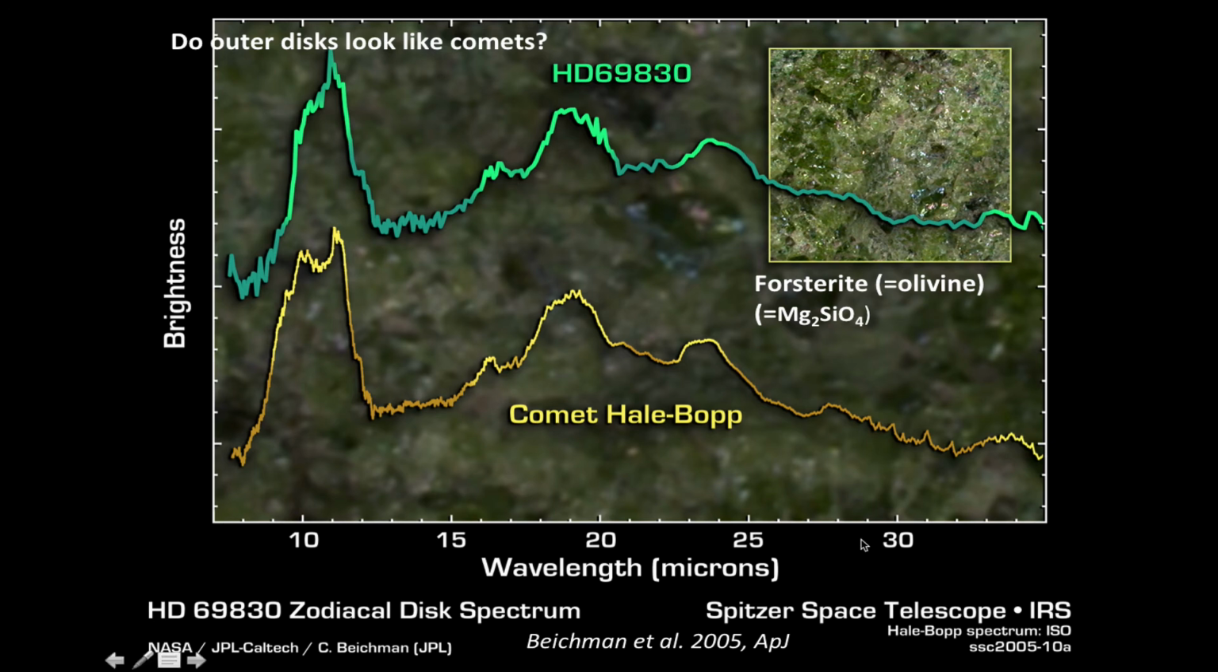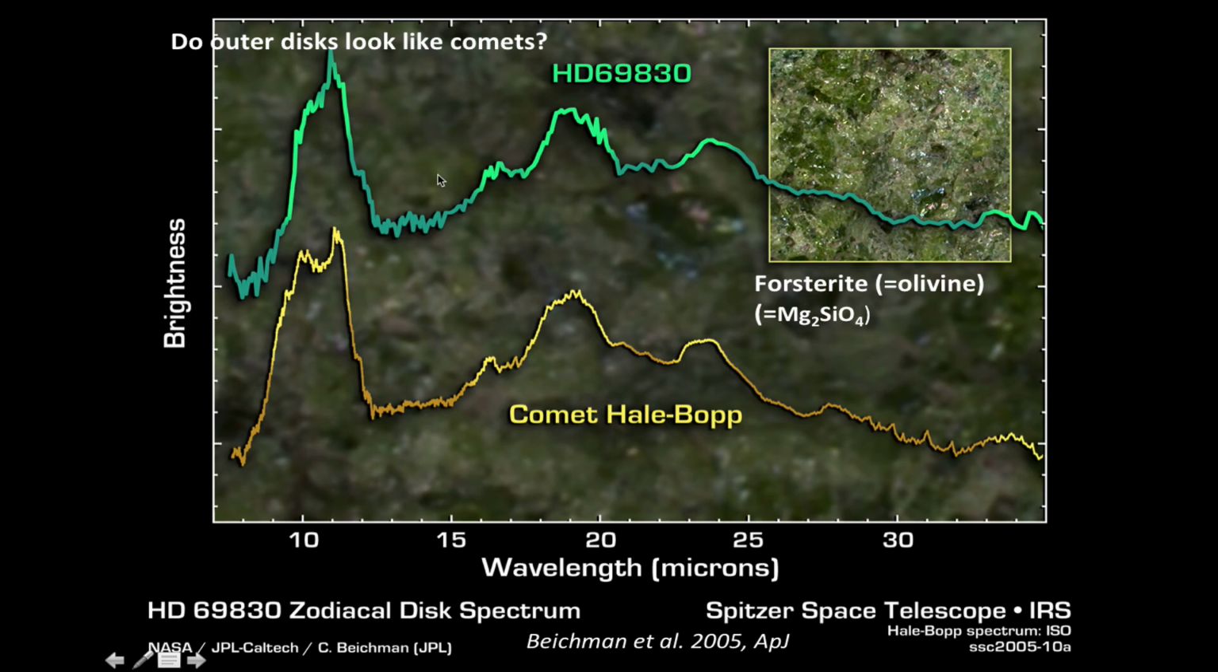So here again, I've got brightness as a function of wavelength. This here is a spectrum of the disk around HD 69830. And all of those brighter green emission lines are from something that astronomers call forsterite, which you might know as olivine. There's its chemical composition. You can see the bumps and wiggles in the spectrum are matched really well by the bumps and wiggles in the spectrum of comet Hale-Bopp. So the stuff that goes into making the comet Hale-Bopp is also the stuff that's going into the outer disk